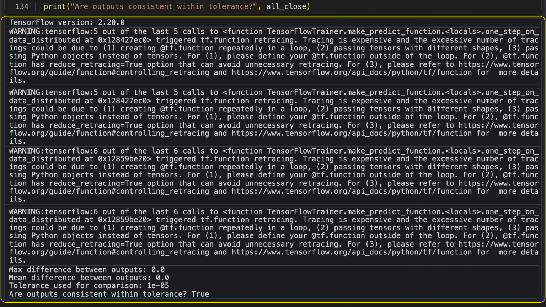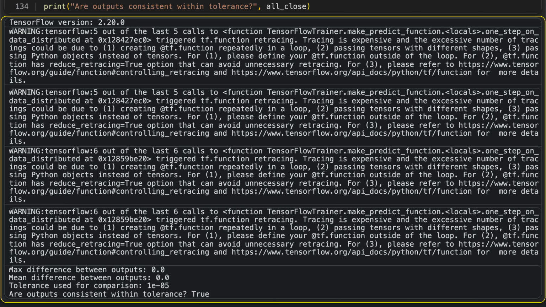This script checks that a TensorFlow model behaves the same before and after being exported. It trains a simple convolutional neural network on a small subset of the MNIST dataset, then records the model's predictions on a selected batch of inputs. The model is saved in the standard export format, reloaded from disk, and used to make predictions on the same